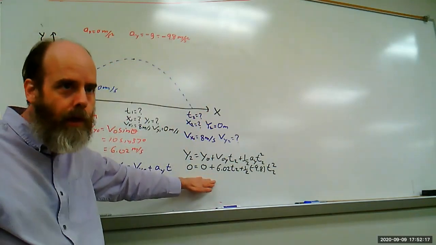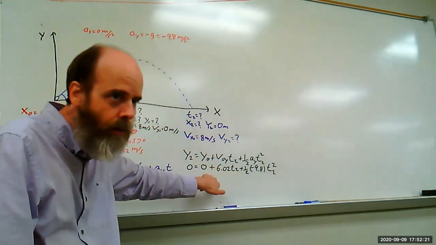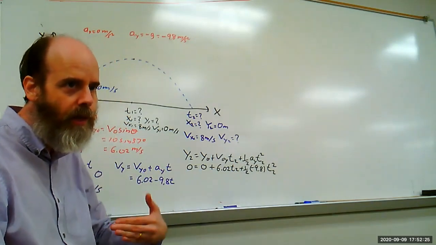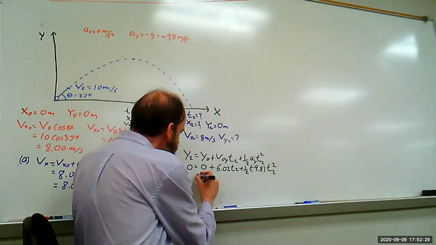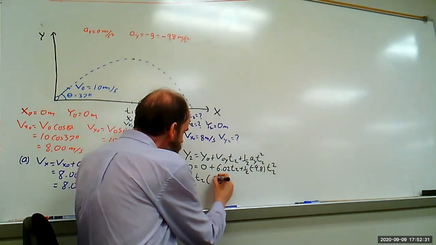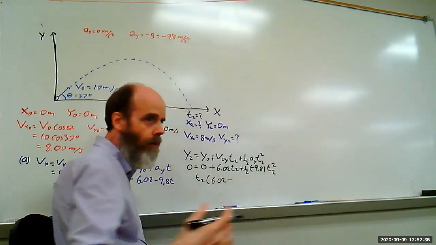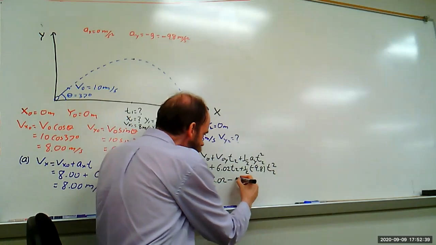This is a quadratic equation, but you can see that every term contains t2. So we take out the common factor t2. So we would then get t2 times 6.02 minus, well, 9.8 divided by 2 is 4.9, so minus 4.9